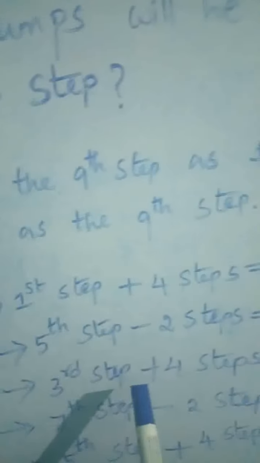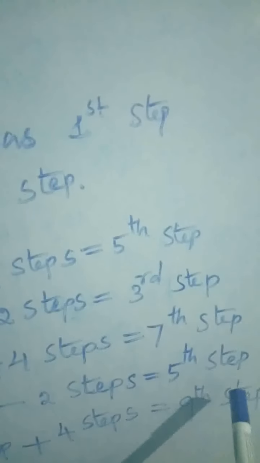Again third jump, third step plus 4 steps up, so plus 4 is equal to 7th step. Next fourth jump, 7th step minus 2 steps down, so 7 minus 2 is what? 5th step. Next in 5th jump, 5th step plus 4 steps up, so he is in 9th step, that is top step. Understand children? Now he reached at the 5th jump. Okay,